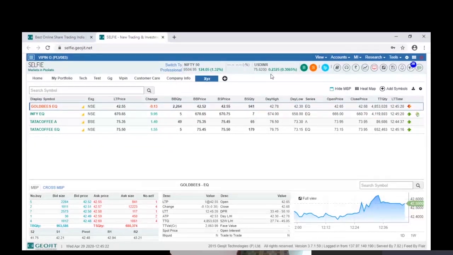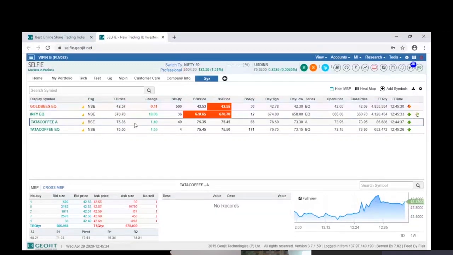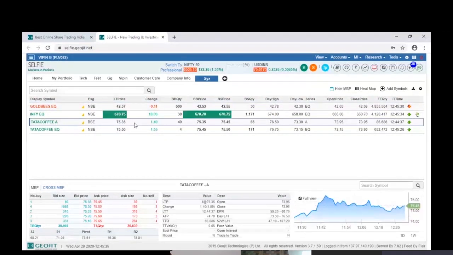Now let us see how easy it is to place an order for any of the shares which is listed here. So say I selected Tata Coffee. So you could see towards the downward, you can see the market by price. So this is actually showing the depth of the market. How many buyers are there in the script? Who is the best buyer? How many sellers are there, and who is the best seller? So here also you will get a detailed representation of the rates which is available in the market.